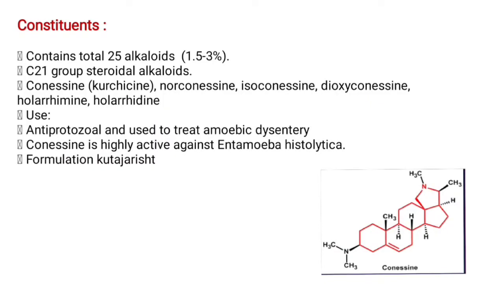Chemical constituents: it contains a total of 25 alkaloids, C21 group steroidal alkaloids: conessine, kurchicine, norconessine, isoconessine, dioxyconessine, holaremine, holaridine. Uses: it is anti-protozoal and used to treat amoebic dysentery. Conessine is highly active against Entamoeba histolytica. Formulation is